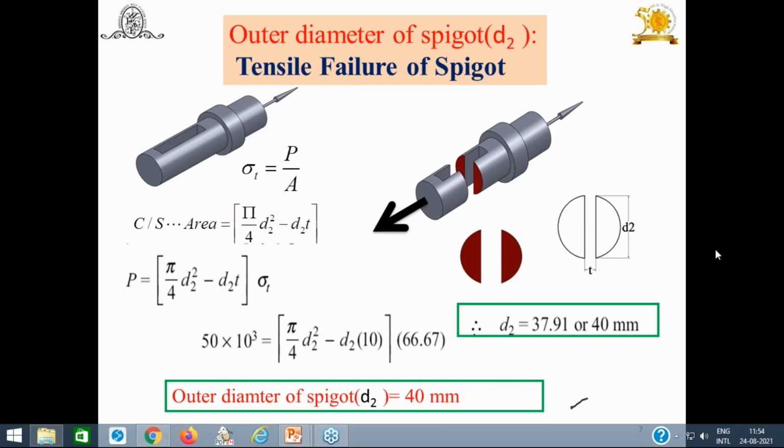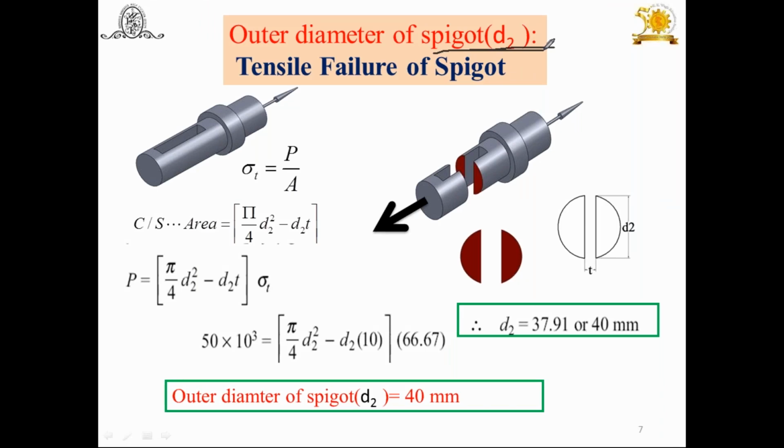Now consider the first one here, the spigot. Yesterday also the same procedure was used. This is the spigot, and this dimension we have calculated, d is equal to 32 mm, on the earlier slide. Now what we have to do is calculate this dimension. This is d2. d2 is the outer diameter of the spigot or inside diameter of the socket. Remember, because the spigot gets inserted in the socket. The inside diameter of the socket, d2, is what we have to find out.